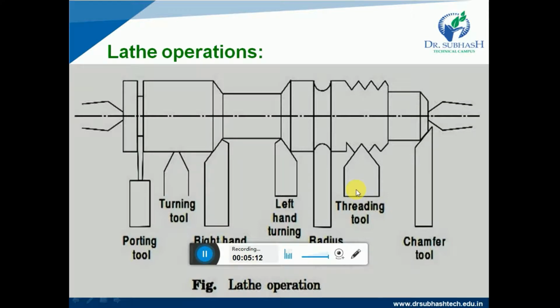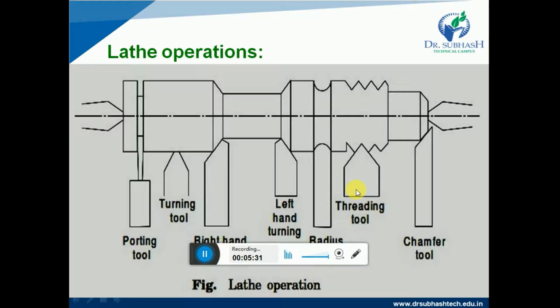This operation is done after thread cutting, knurling, rough turning, all these operations. If you have already performed these on the round bar or workpiece, then after all these operations are performed, we can easily perform chamfering very well with the use of the lathe machines.